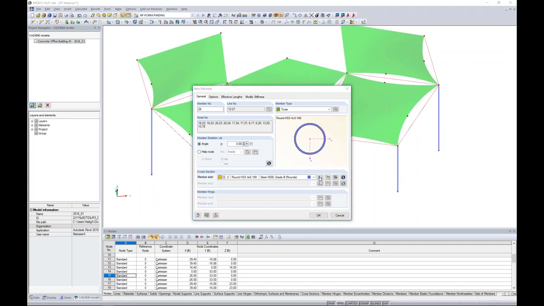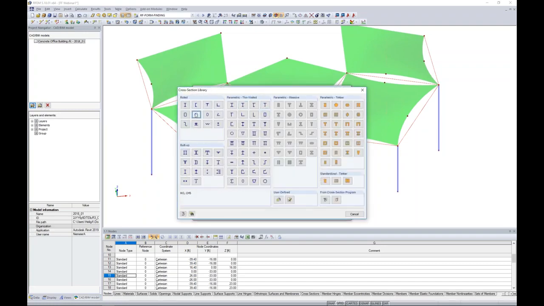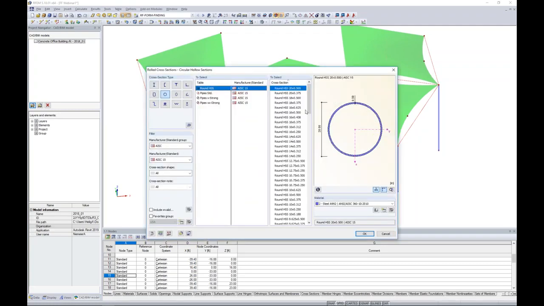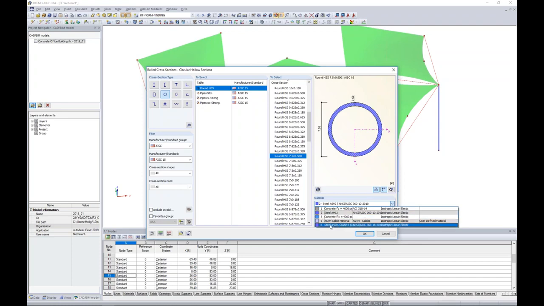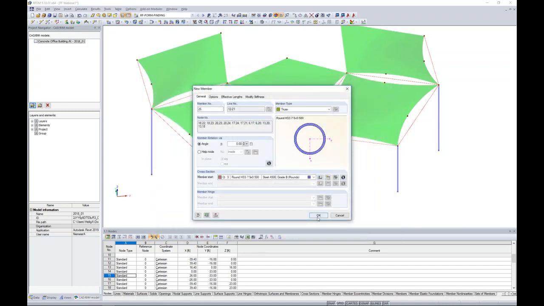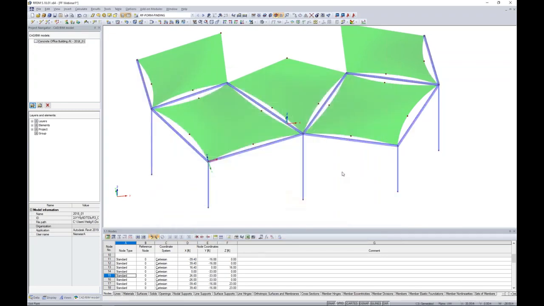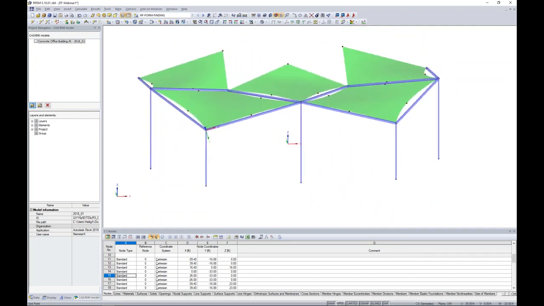We go to our cross-section library once again. We choose our HSS sections, and because these are taking quite a bit higher loads, especially in compression, we need to choose a bigger diameter. And in particular, we'll choose 7.5-inch diameter. I've already defined that steel A500 grade B material, so I don't need to define it again unless I want a different material category, but it's available to me here within my drop-down box. So I click OK. I click OK once again, and now you can see those HSS members available for our